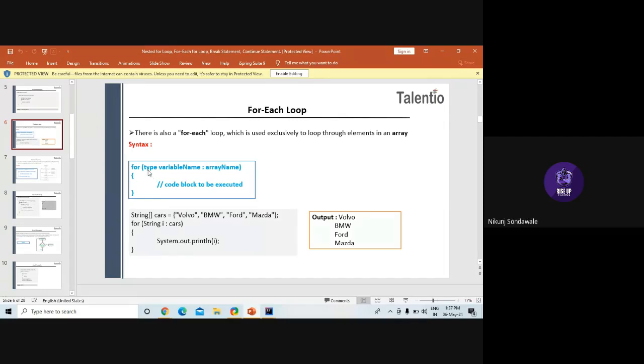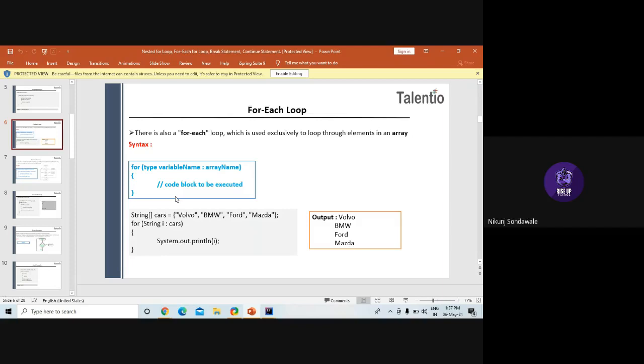In this we have string. Instead of string, we could have integers or floats. An array is nothing but a collection of homogeneous data, meaning similar data. In this case, we have strings. So first the type of data, then the counter variable, then the colon, then the array name.